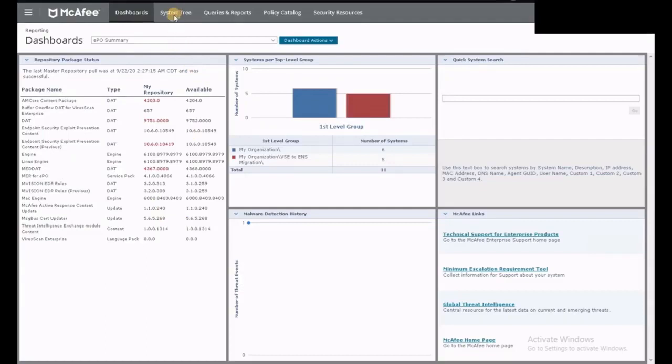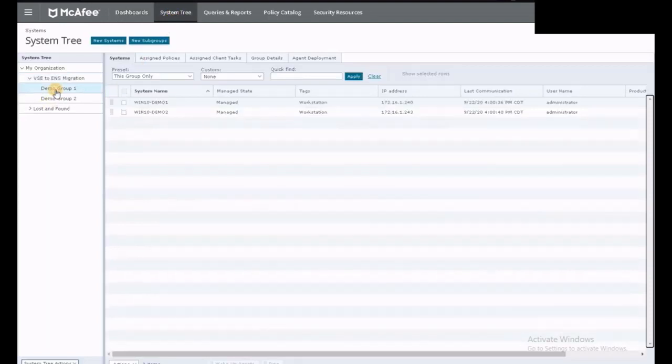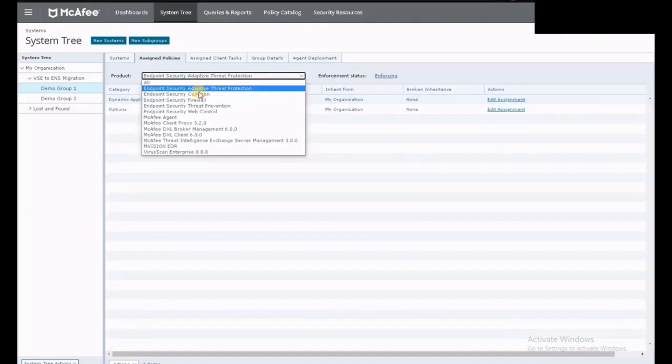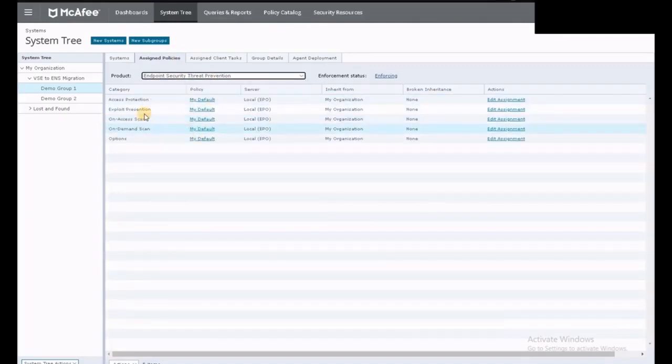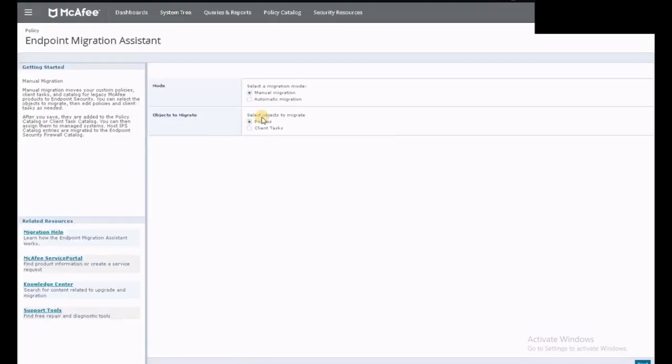To get started with using the Endpoint Migration Assistant to migrate your policies, what we're first going to do here is perform an automatic migration. Now, as you can see here, if we look at the Endpoint Security threat prevention policies that we have assigned here just as a baseline for this specific group, we've only got the My Default policy because I haven't changed the assignment for anything. Now, first thing you want to do is go to the Endpoint Migration Assistant page, and